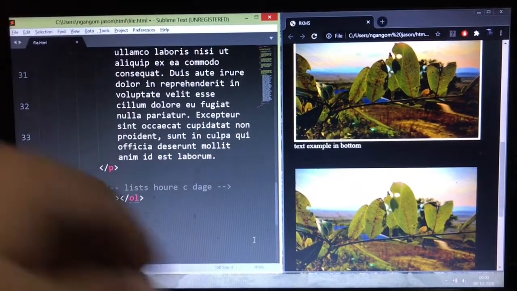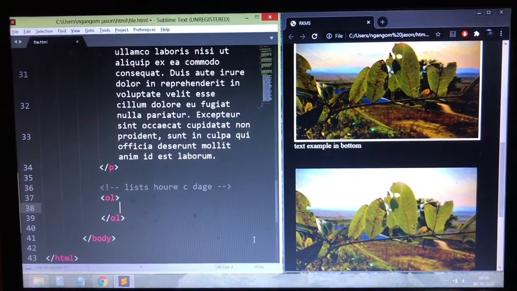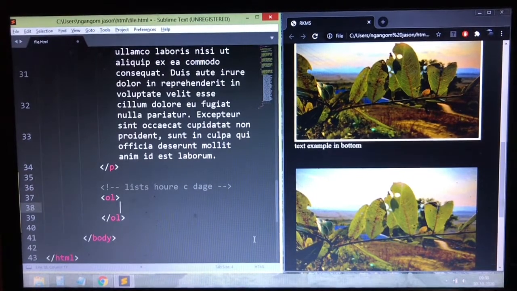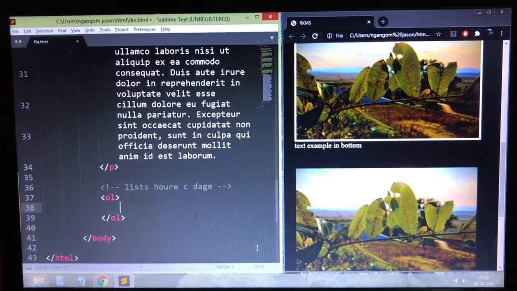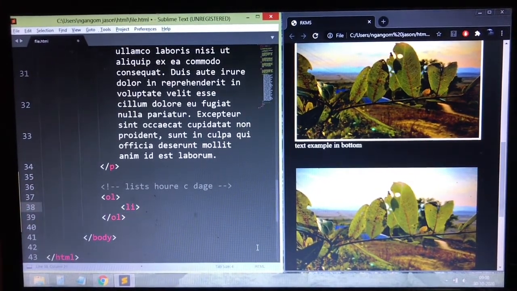This is for ordered list. Now, let's make an ordered list. After that, we have to type the li tag, and we have to write here